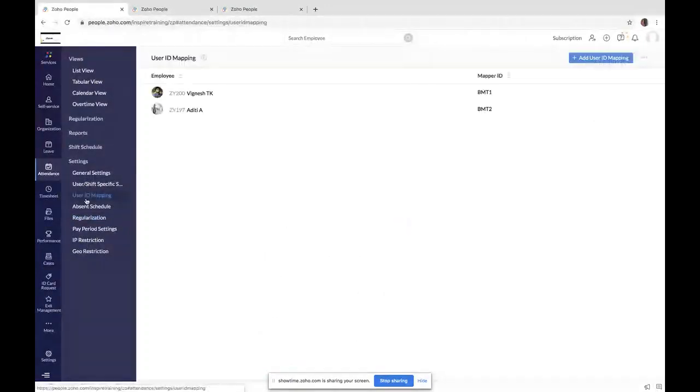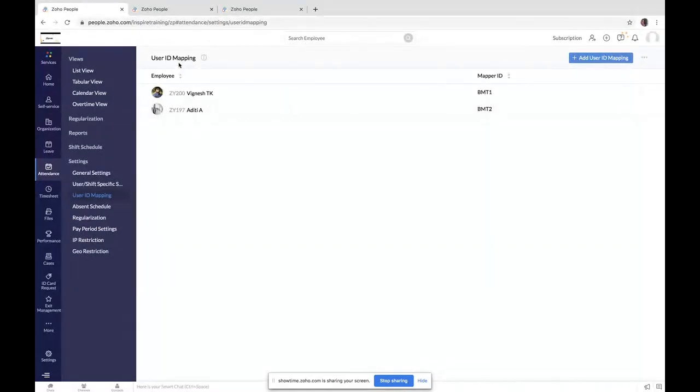So talking about the biometric integration, we do offer biometric integration or any attendance device integration in order to capture the attendance entries of all the employees. You will be able to integrate your attendance device with Zoho People by making use of APIs. In order to sync your device's attendance entries with employees' attendance records in Zoho People, you need to have some common format between your device and your Zoho People account.